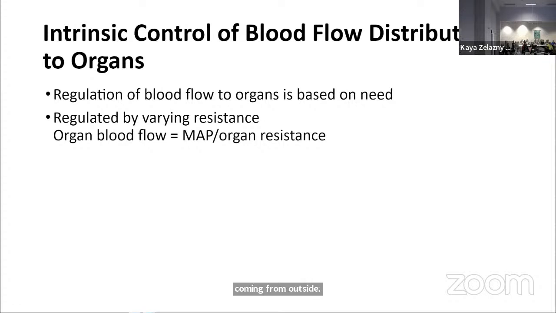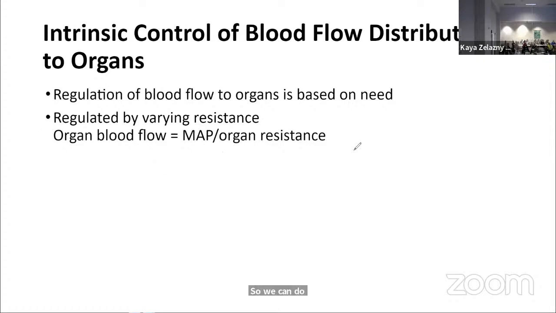Some of the intrinsic control of blood flow happens based on what our organs are doing. This is going to change the properties of the extracellular fluid in the tissue of those organs, and that in turn is going to have an effect on the smooth muscle in the arterioles. So we're trying to regulate the blood flow to the organs based on what they need. The organs and how they work change the environment around them depending on how hard they're working. There is an effect on the arterioles of how hard these organs are working. So we can do this